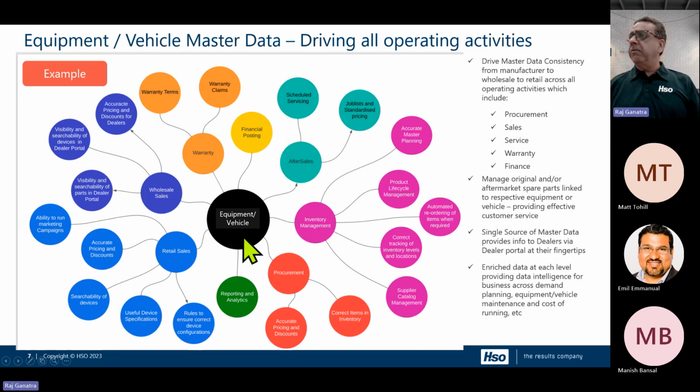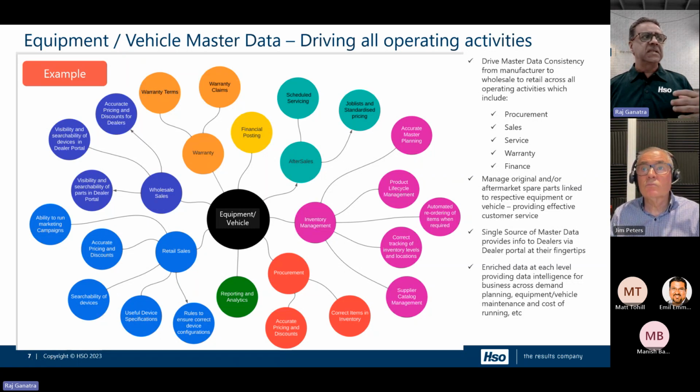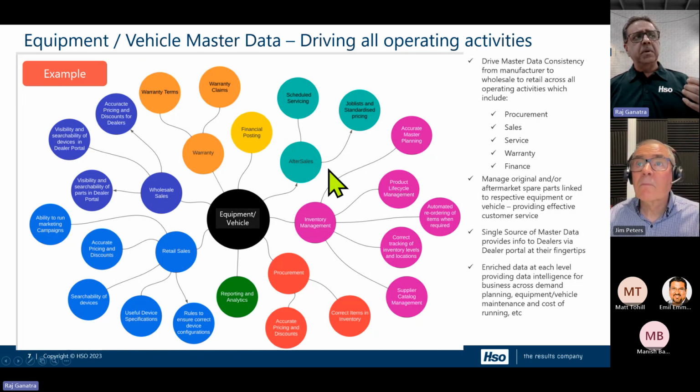If you're selling to the end retail customer, it also provides a capability for end retail customers to see retail pricing and look at device data. If the solution is deployed in retail, it also helps them with trading activities and service capabilities. The service capabilities are available in the after sales area of the solution, where, based on the vehicle details and traceability of the data, it provides scheduled servicing, with the capabilities to create jobs, resource planning,